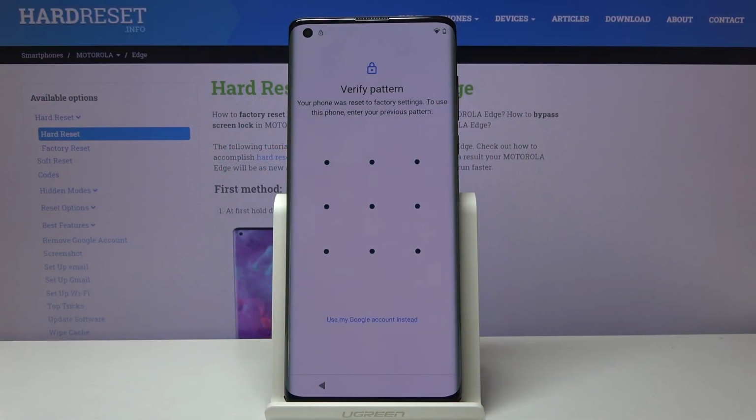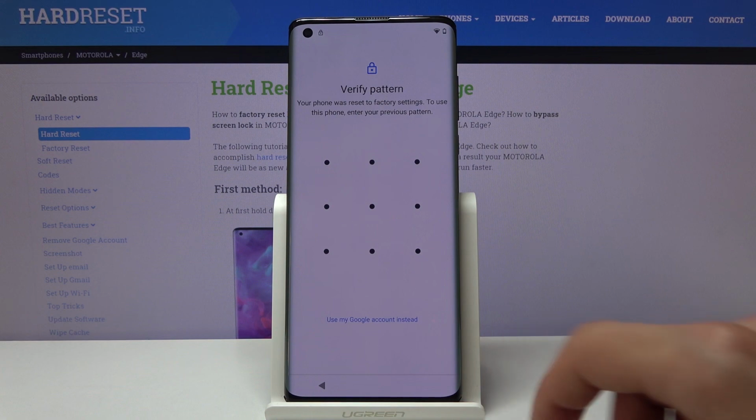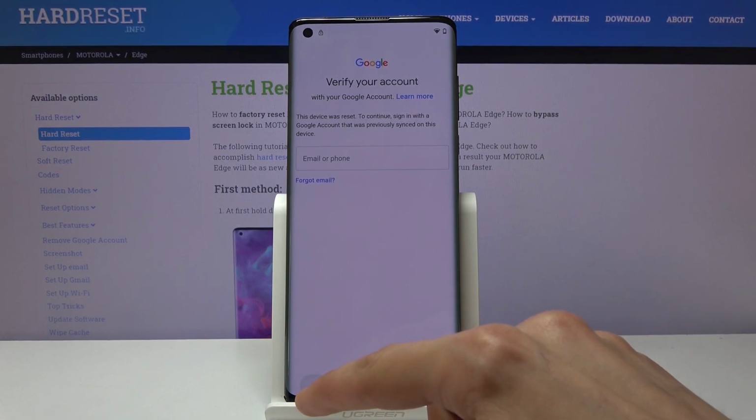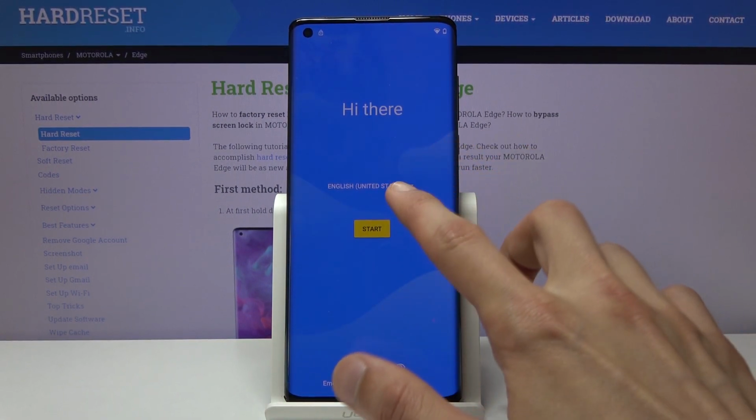Welcome, this is FRP on a Motorola Edge, and today I'll show you how to bypass the Google verification. As you can see, we have two different ways of unlocking it at this moment: the pattern or using the Google account. Assuming we don't know either of those, we're going to begin the bypass by going straight back, tapping on